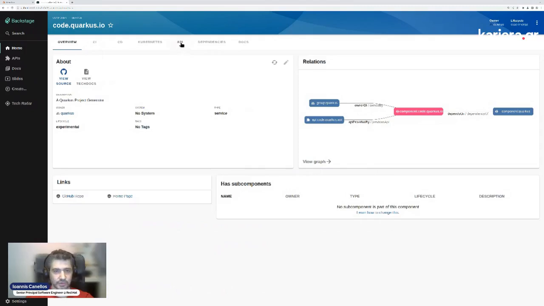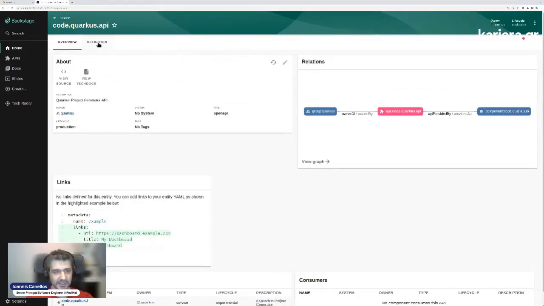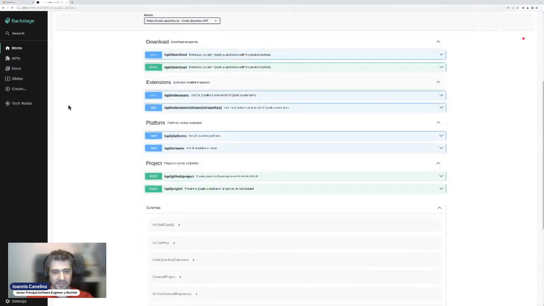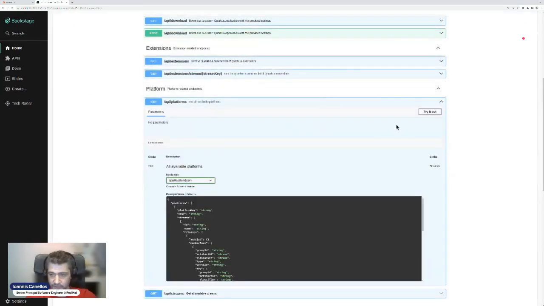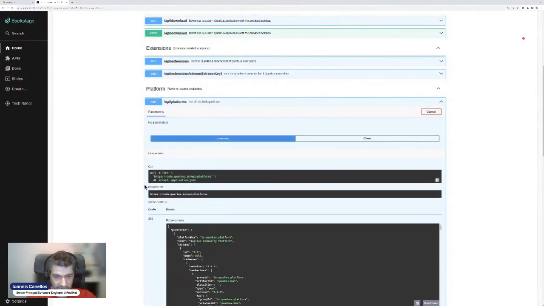code.quarkus.io is that it also exposes an API, and I can get that information from Backstage by clicking on provided APIs. And I can even dig deep into the definition of the API, which is represented using the OpenAPI UI, through which I can even invoke operations on code.quarkus.io. So for example, I can go here in order to get all the platforms from the code.quarkus.io API. I can click try it and execute and send a live request to